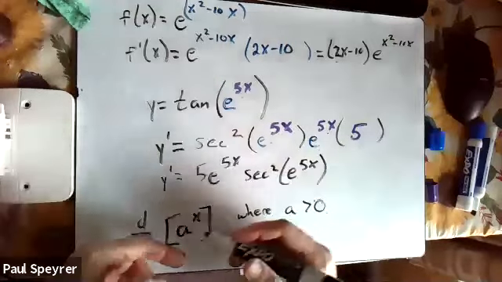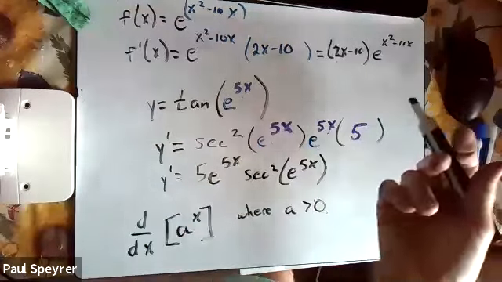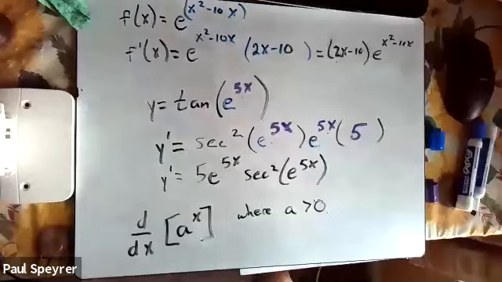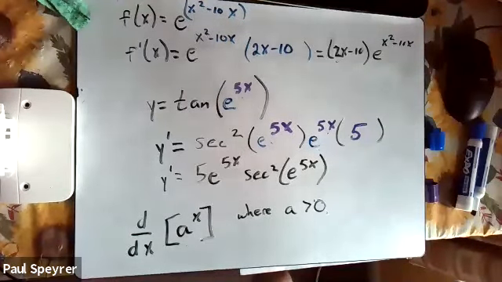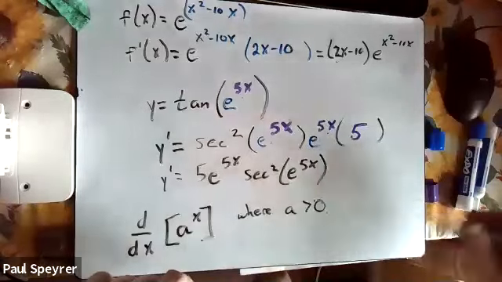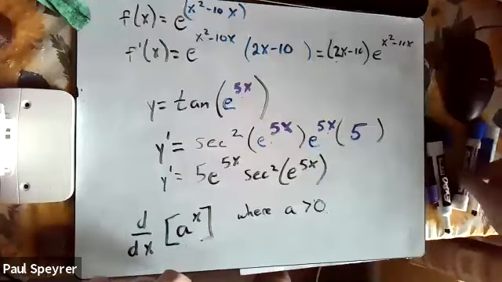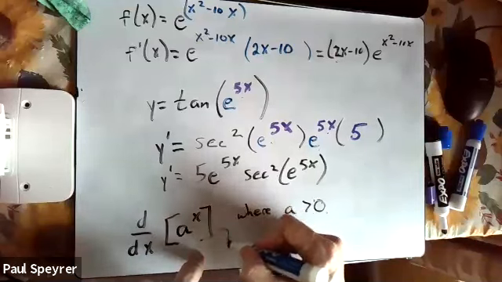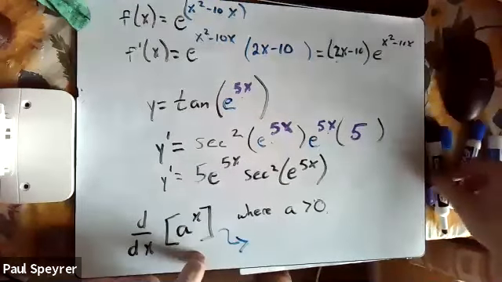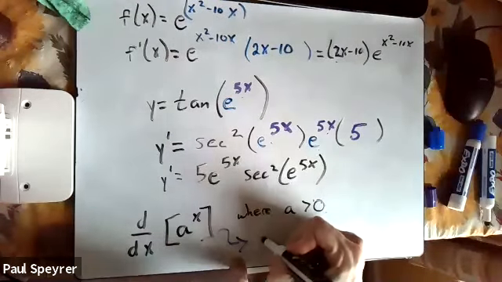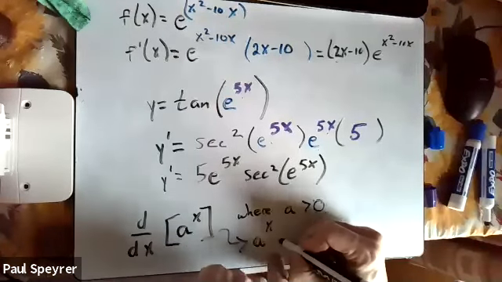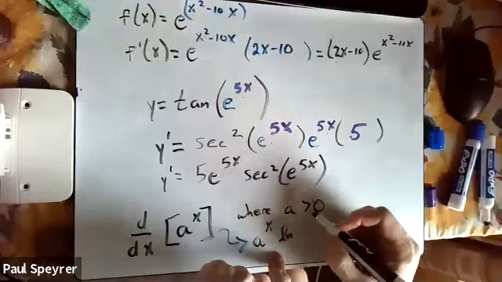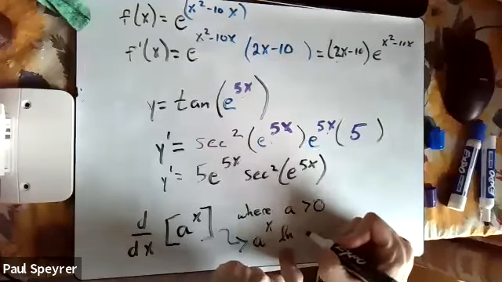So it's not just e to the x. It could be 2 to the x, 5 to the x, 3.182159 to the x, for example. How do we evaluate that? Well, the derivative of this, chain rule time, is a to the x times the natural log of a